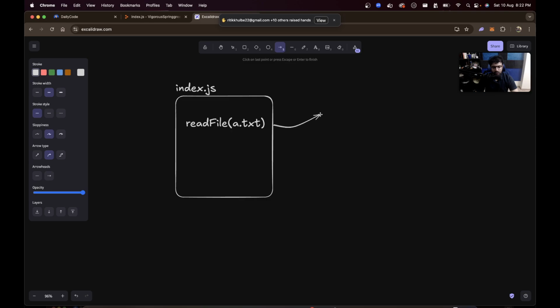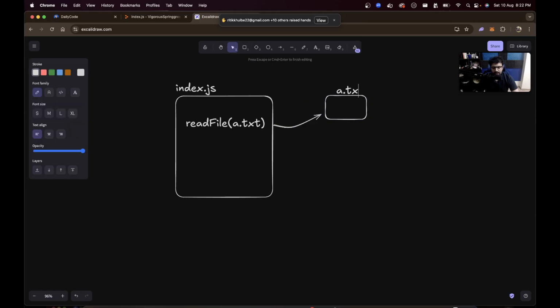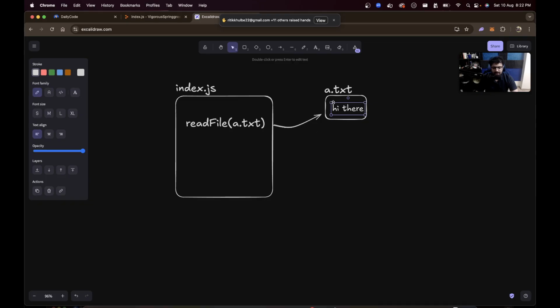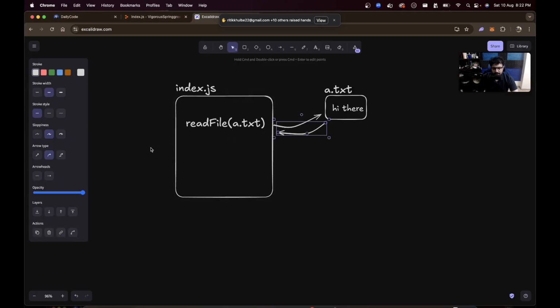We need to do what's called an IO operation, an input output operation. We are asking the operating system that hey, there is another file here called a.txt inside which some content is written. Let's say, hi there, please give me the contents of this file so I can put this inside a variable. Let's say something like this,